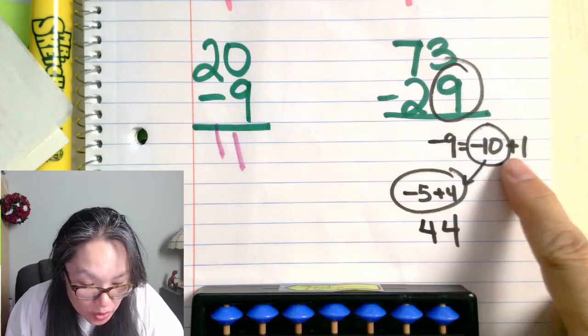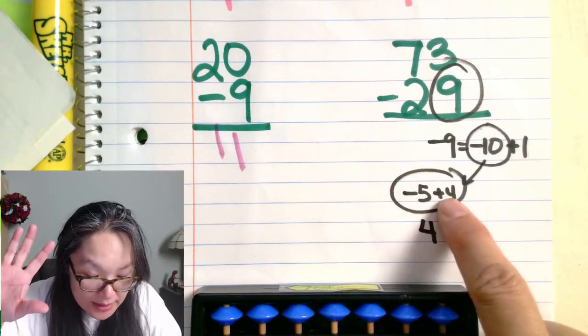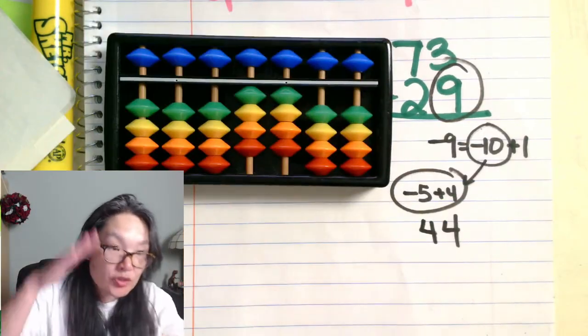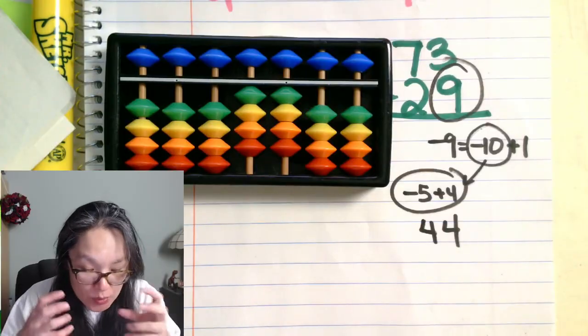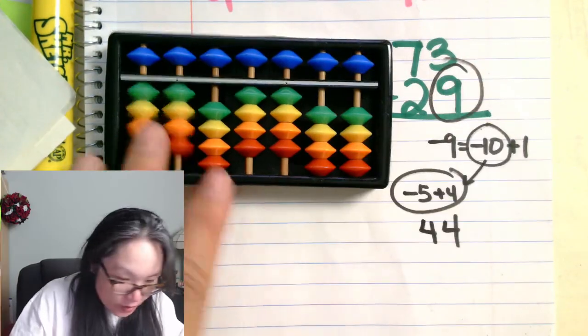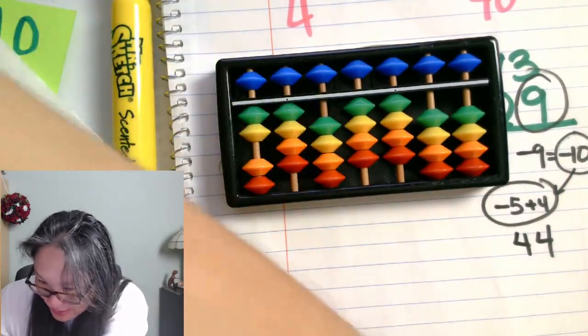And again, it goes back to, remember, this is my 10 formula and this is my 5 formula. So now we're just building on top of each other. That's all we're doing. We just build on top of each other. And as we build, we solidify our concepts. And again, the only two sets of formulas that we need to memorize is the plus 10s and the minus